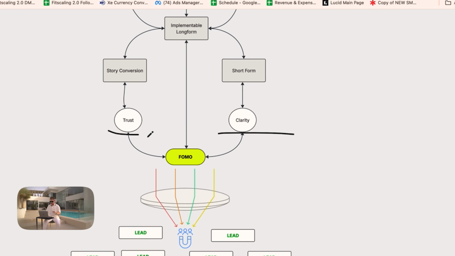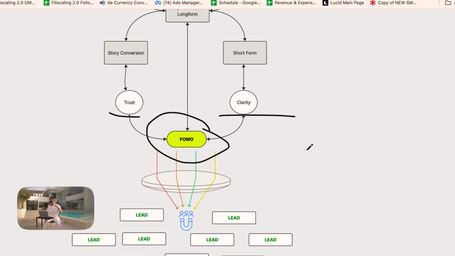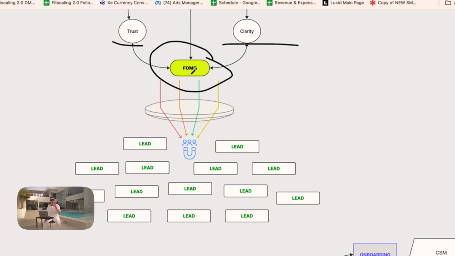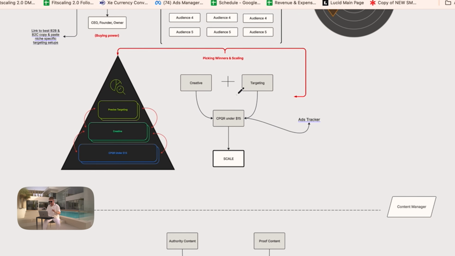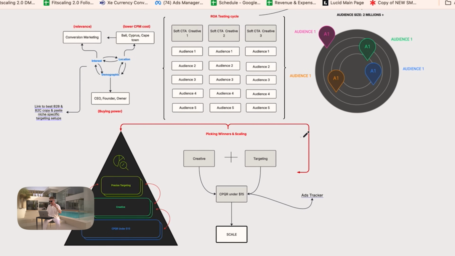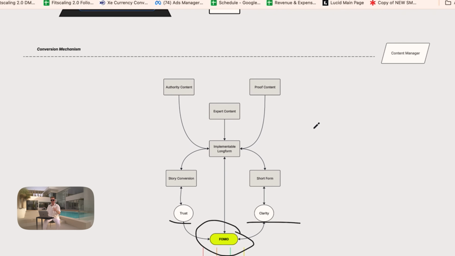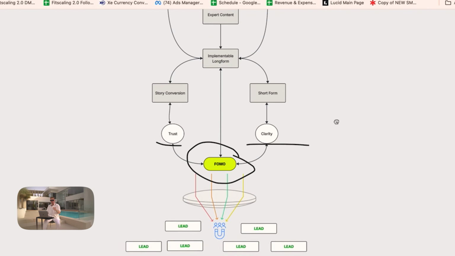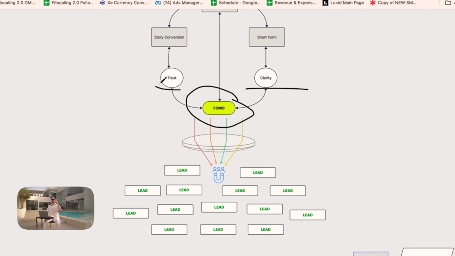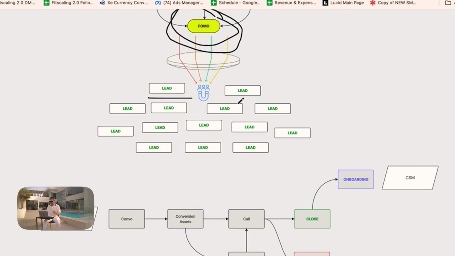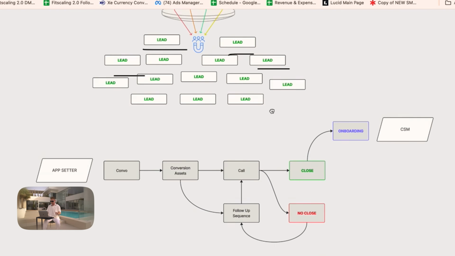Okay, that's when you're going to have clarity, you're going to build trust, and you're going to create what's called FOMO. Okay, we are in Dubai, so if you guys heard a little bit of loud cars, you know, it's not by accident. All right, so if you create FOMO, and this is the entire purpose of this funnel, this is the entire purpose of the targeting, of setting up the right creatives, doing soft CTAs, because if you're not doing soft CTAs, people will think that you're needy. Okay, but if you do soft CTAs, you're literally not even doing any CTAs in your ads, and you build trust and you build clarity in your content, people will have FOMO. They will want to know what to do from you specifically. And that's when you're going to have a lead magnet of an ad. Because what is an ad? It's a lead magnet, okay?